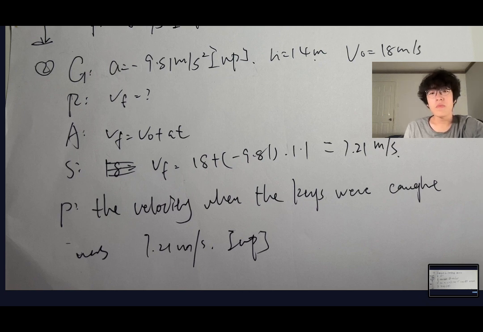So finally, the answer is that the velocity when the keys were caught was 7.21 meters per second pointing up. So this question is actually not that hard,